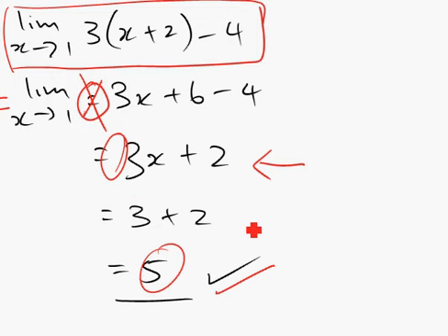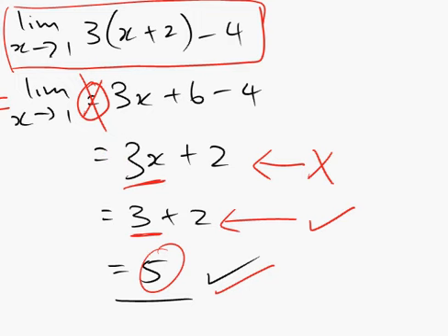So let's just compare, okay? This line here is fine. This line here is wrong. What's the difference? This one doesn't have an x. This one still has the x. So the answer is very simple, really. When do you need to write the limit? As long as the alphabet is still around, you must write the limit.